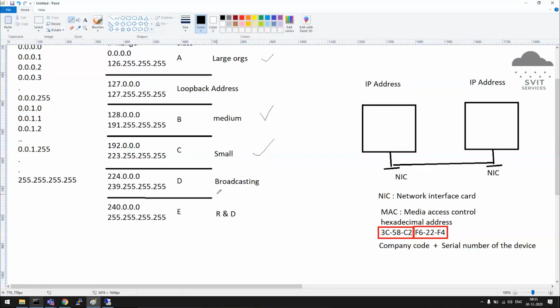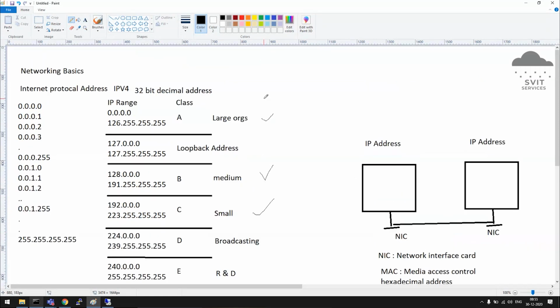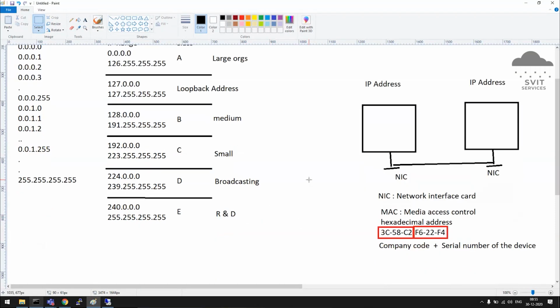Not from the loopback, not from broadcasting class D, not from class E as well. That's how the IEEE standards they follow. Okay. Now for easy management, they have segregated all these IP addresses, and only class A, B, C are usable in generic usage. D and E are special purpose.